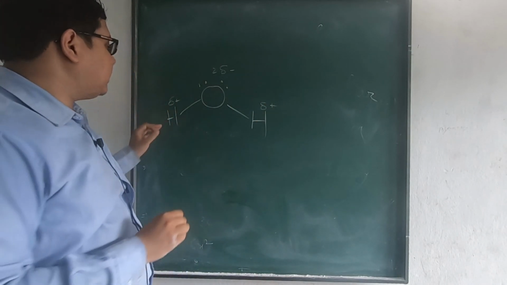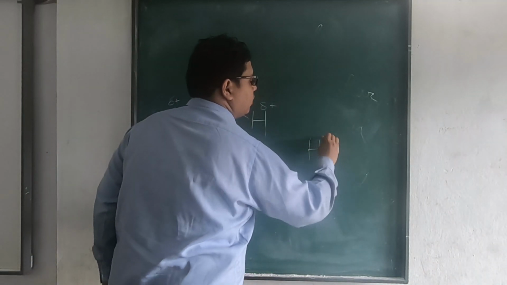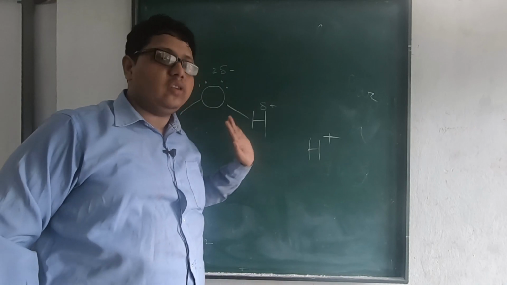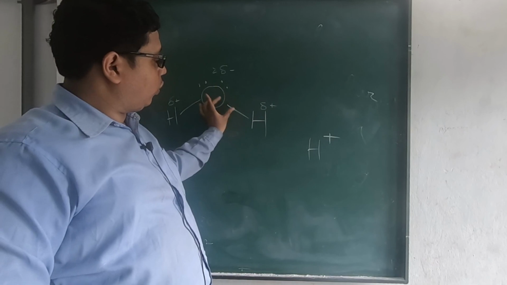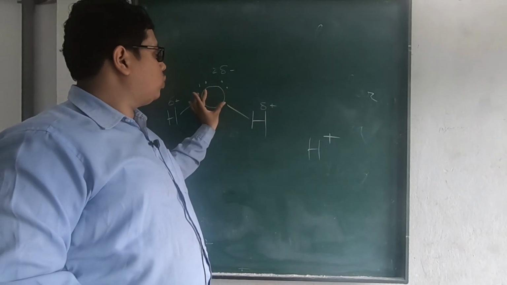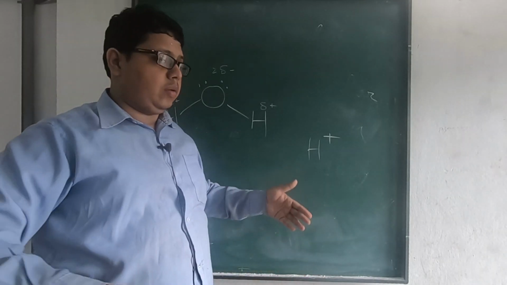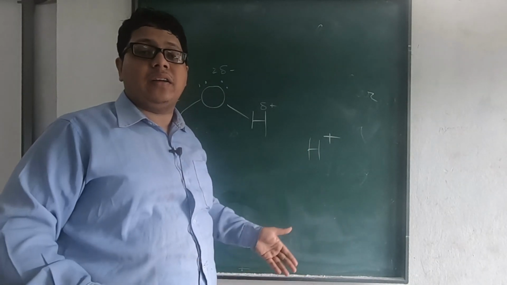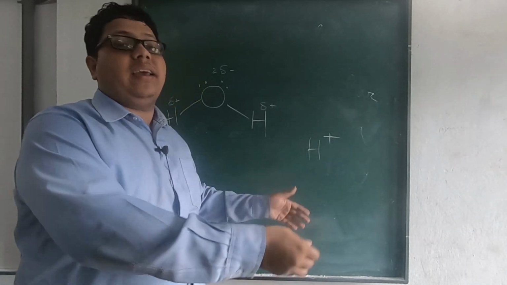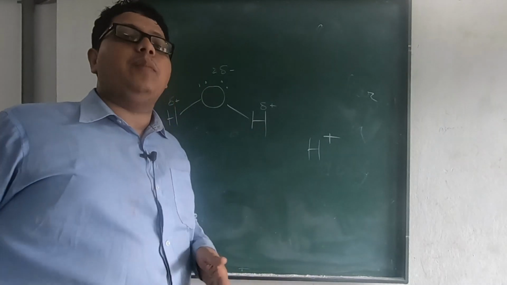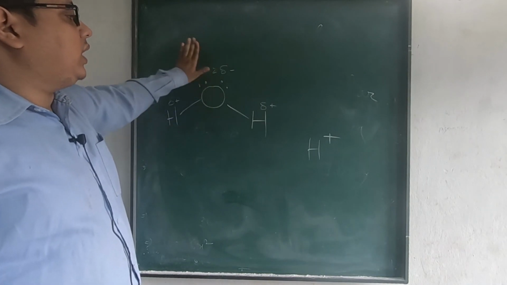Now delta here indicates slight. If I write a full H plus, that means the electron is totally lost. It is not like that. The electron is still being shared, but the shared pair of electrons are closer to the oxygen atom. Imagine you and your brother are sharing a blanket in the winter month and your brother keeps pulling one side. Something like that. You are not exactly taking it away, but still pulling more towards one side. So because it is closer to the oxygen, it acquires the charge.